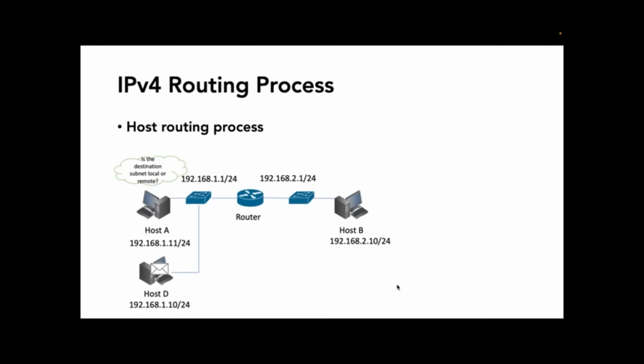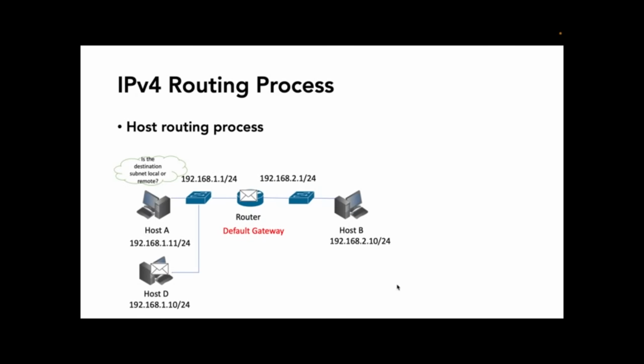For example, if I want to send a packet to host B, so the destination is remote on the other side of the router. So therefore, a host here will send the packet to the default router, and you can call this default router as a default gateway,